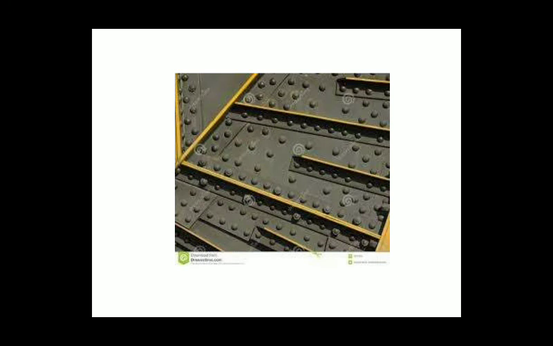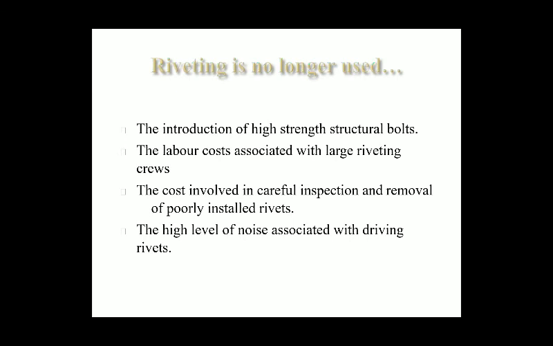In this figure you can see different types of members connected with the help of rivets, and these rivets are arranged in a particular pattern. That means two rivets have a required distance. That distance is derived from the design procedure of the rivets, similar to that of the bolted connection. So nowadays riveting is no longer used for lightweight structures.